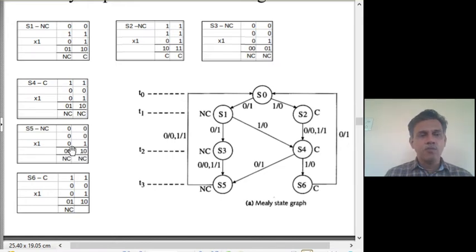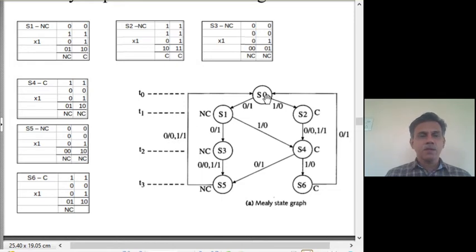So when a 0 comes, we have to produce 0 and go to a no carry state. When 1 comes, we should produce a sum of 1 and go to a no carry state. Again correct this mistake. So this is a no carry state, and incidentally we should also end the conversion to go back to S0. Again S0 itself is a no carry state. That is how we started off. So from S5 we can go back to S0 by putting this label as 0/0 and 1/1.